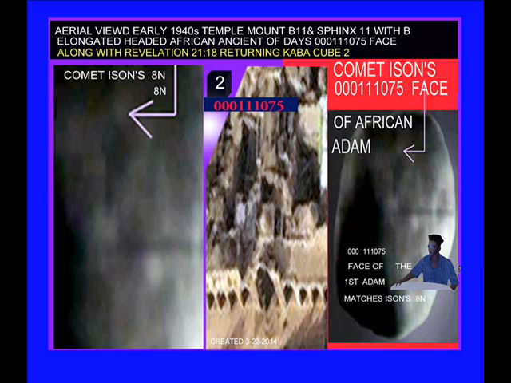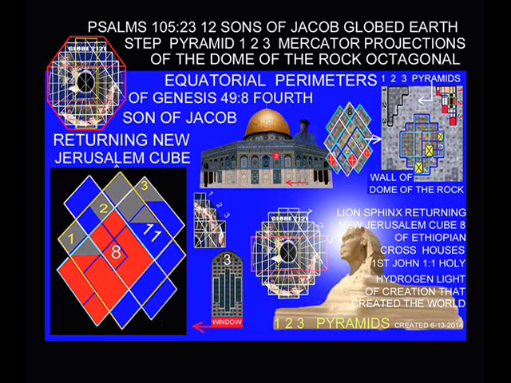So if you jump down in that square, and once you reach the bottom and look up, you're looking up from the book of Revelation 21:18, cubic dimensions of New Jerusalem. Because every cube has a square for a ceiling, a square for a floor, a square for a left and right wall. So once we reconnect the cross-shaped building structure in Ethiopia to the Dome of the Rock, outer wall,